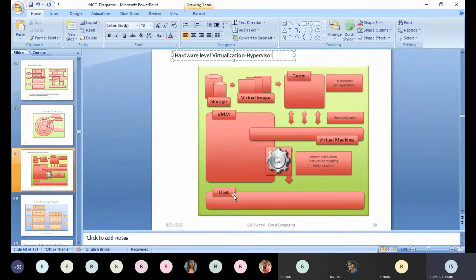It depends on the particular host whether to go for binary translation, that is, execution of a group of instructions at a time, or for each-line execution, because the choice is given to the host itself. That is also done at the VMM level. The virtual machine manager looks after whether to do binary translation or interpretation, so that comes under a part of the software, under VMM.